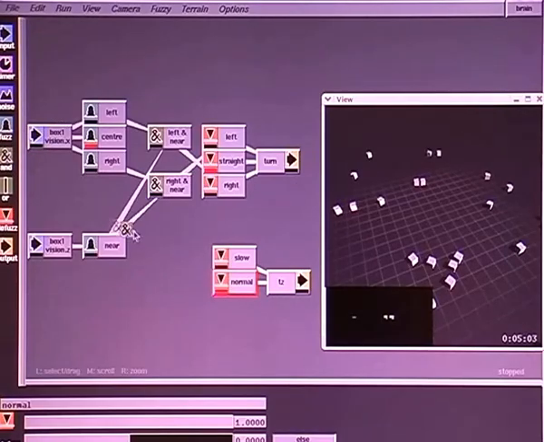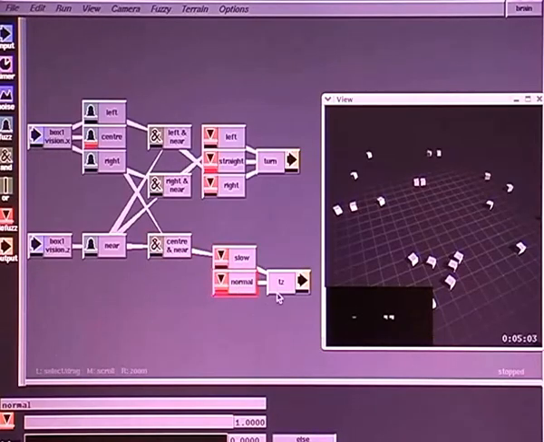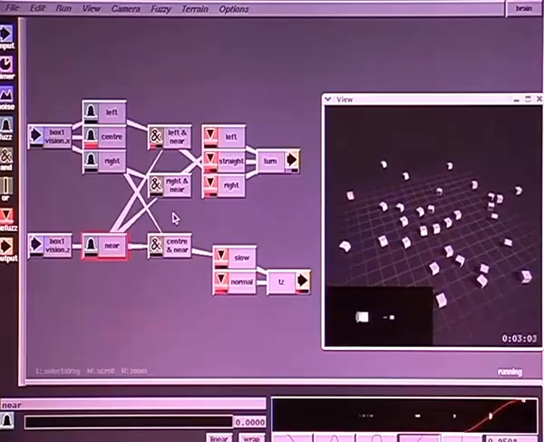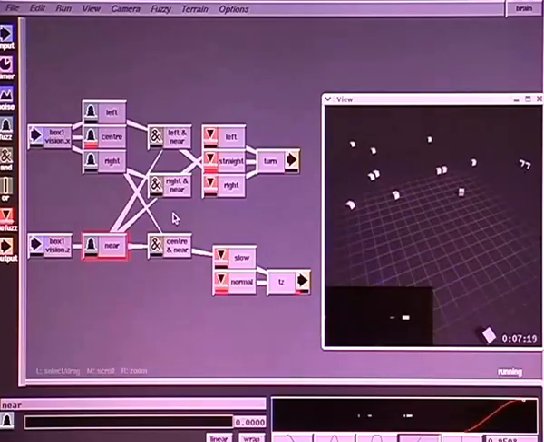Okay, we bring on a rule, an AND node, and we're going to call this center and near. We plug in center and near, and we plug that into slow. Slow's got a value of 0, which is fine. Normal should have a value of the speed that we were moving our engine at before, which was about 3.6. Okay, let's see what that does. Oh, that's much better. Now our agents are able to avoid collisions, and we can save our agent with